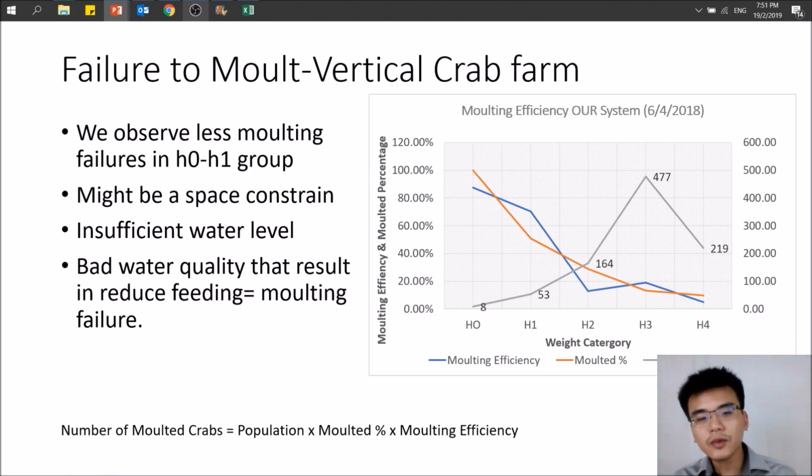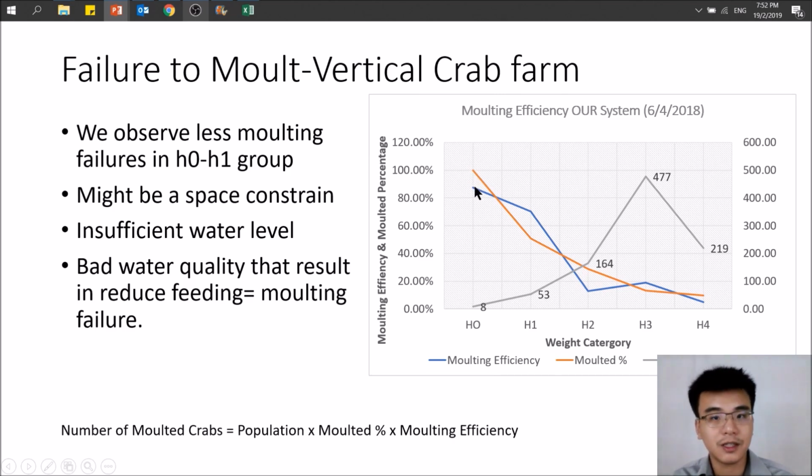Firstly is the molted percentage, meaning out of 10 crabs, how many of them actually molted in the period that we were looking at, and molting efficiency, which is defined as how many of them that try to molt, what is their success rate. So for example, as you can see, for H0 crab, within our window of observation, all of them, 100% of them try to molt, and they have been molting with a success rate of approximately 90%, which gives you an overall success rate of